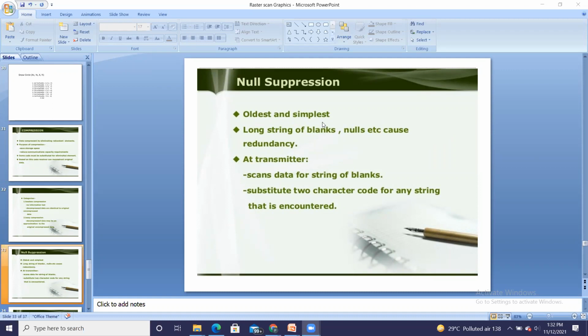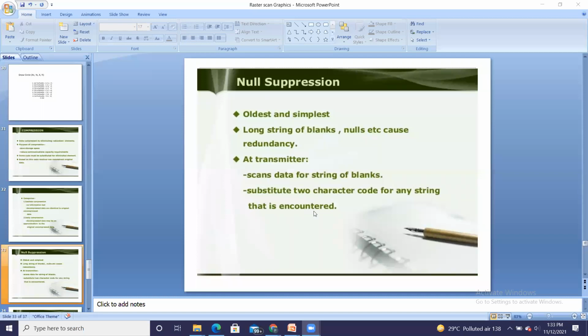Null separation is one method of compressing data. It is the oldest and simplest method. Long strings of blanks and nulls cause redundancy. So at the transmitter, it scans the data for strings of blanks and substitutes a two-character code for any string that is encountered.